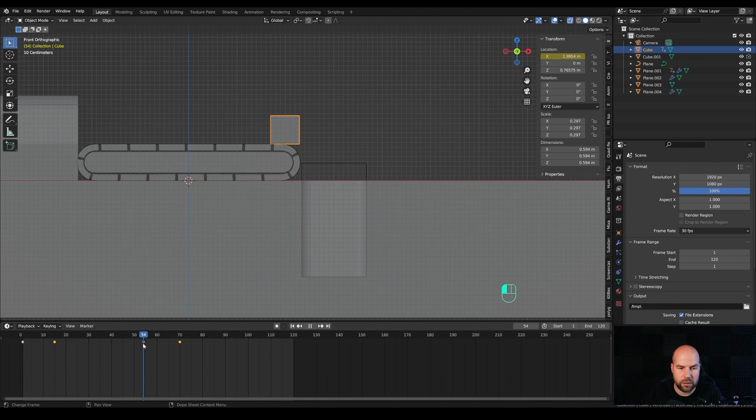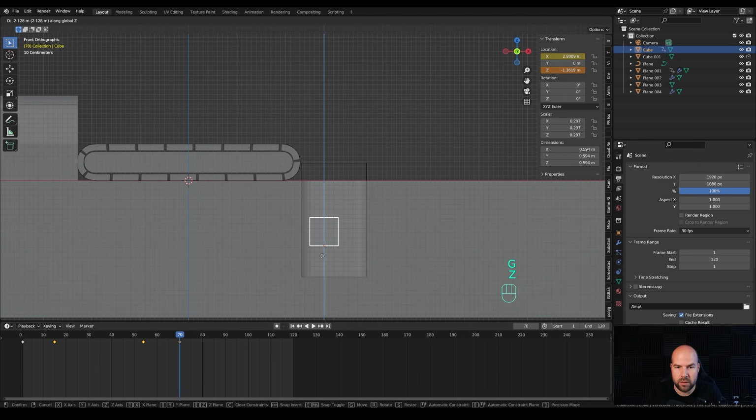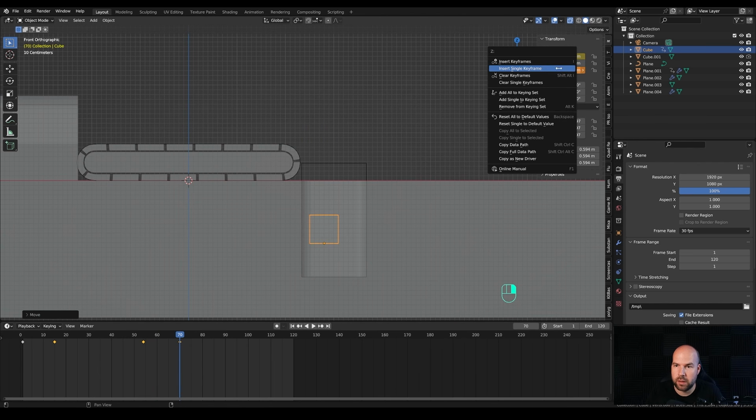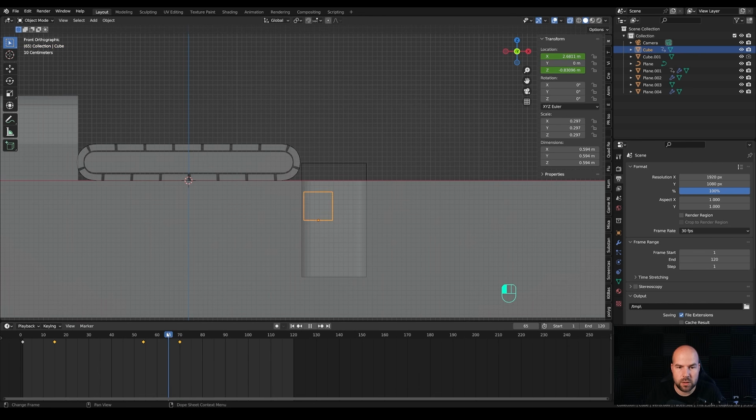And now let's go back to that frame before, and we'll right click and insert single keyframe for the z-axis because we didn't create any so far. And now on the frame 70 we'll press G then Z, move it down like this, and right click and insert single keyframe. So now it does this movement, but it's not optimal of course, but we'll modify that with curves. But so far I'm basically interested to see the speed, the timing of the keyframes, and this is quite okay, I guess. And one last thing I want to do is rotation.